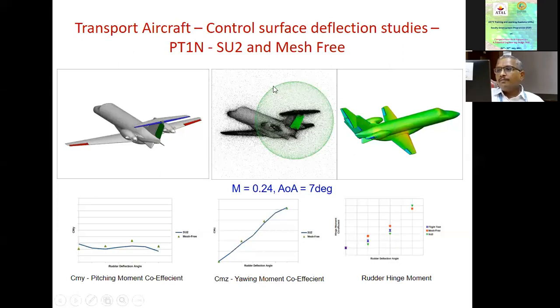Here we did an exactly similar process. We had one cloud of points for the main aircraft, and one around the surface where it is deflected. Once this is deflected, we only move this green set of points and start merging them. This is one of the validations where the mesh-free code has been used for control surface deflection, and we compared with the available flight data and the other normal CFD solvers. We got very good comparison. These are the kind of very complex applications which we have been able to solve.